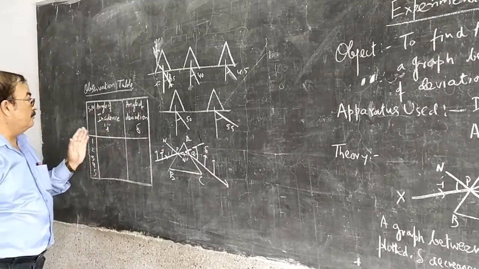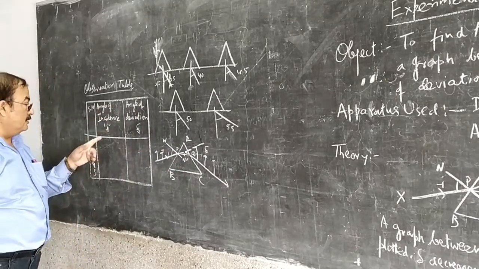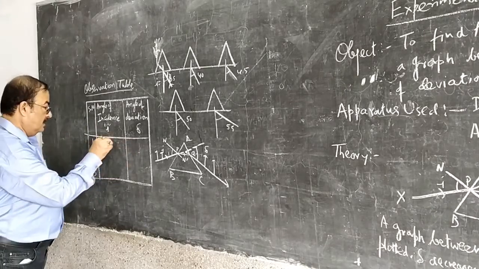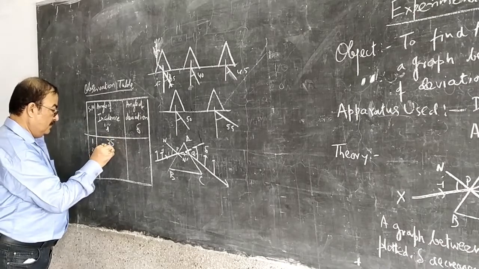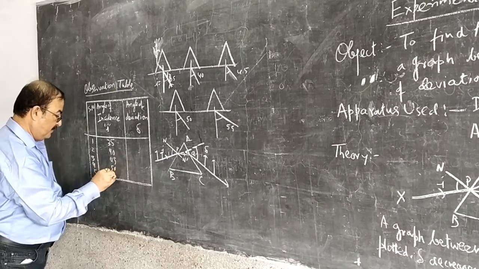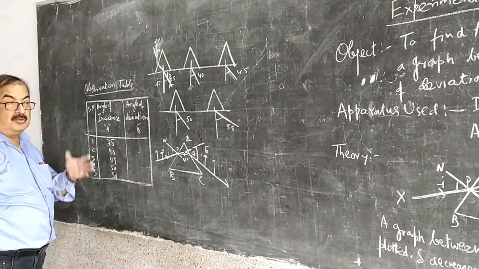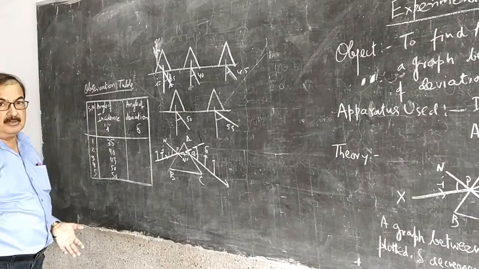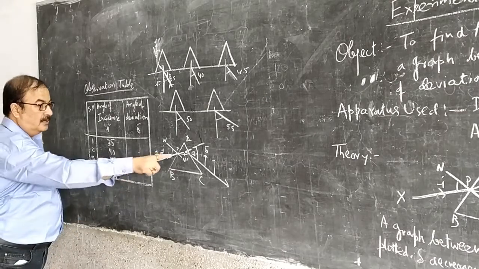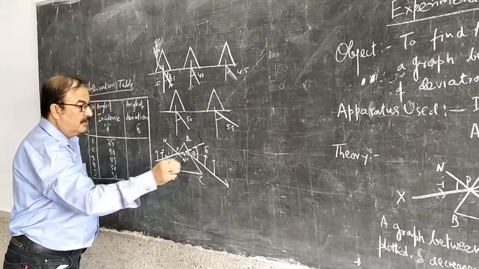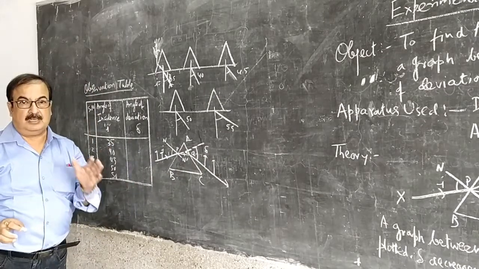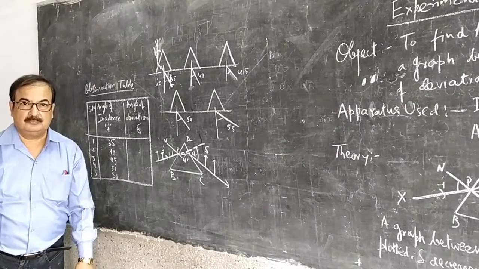And after that we have to make this table: angle of incidence and angular deviation. Angle of incidence is known: 35, 40, 45, 50, 55. You have to take at least 5 readings because you have to draw a graph. You can take even 6 or 7 readings if time allows. Otherwise, at least 5 readings you have to take, and delta you can measure only by means of this observation on the paper. Okay. After doing this, let us move to the exact location of how we do it.